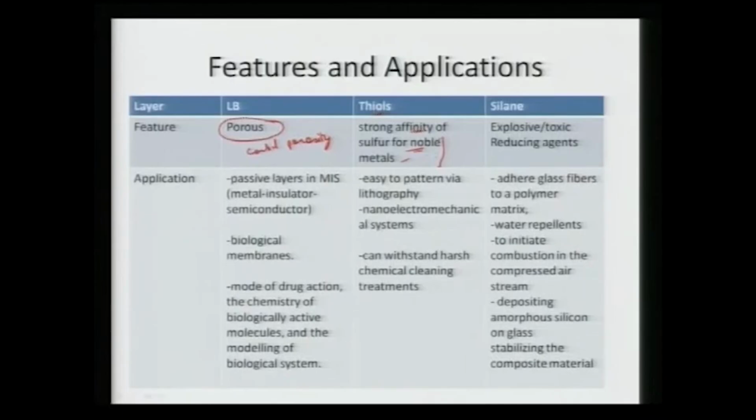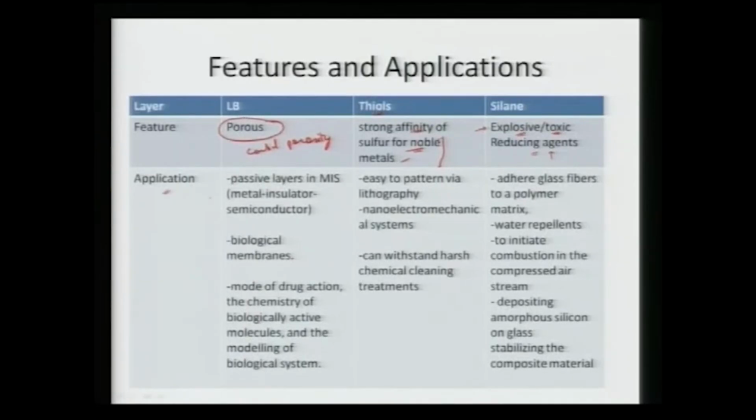So, we can deposit on gold, copper or silver surfaces by sputter deposition, and then we can control where the thiol has to come. Whereas silanes tend to be highly explosive or toxic reducing agents. Because they have a very high amount of hydrogen as well, and the bond is also very strong. So, in that particular process, once the bond breaks, it can release very high energy and make the thing explosive